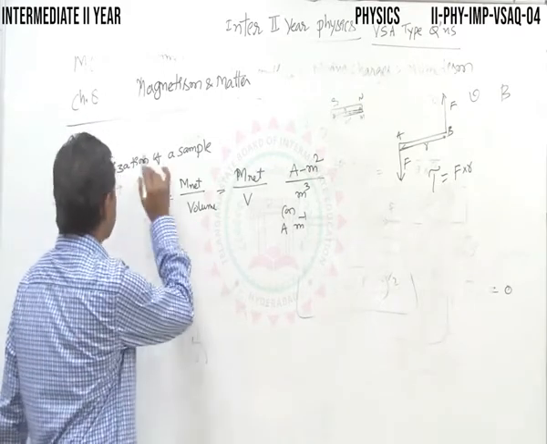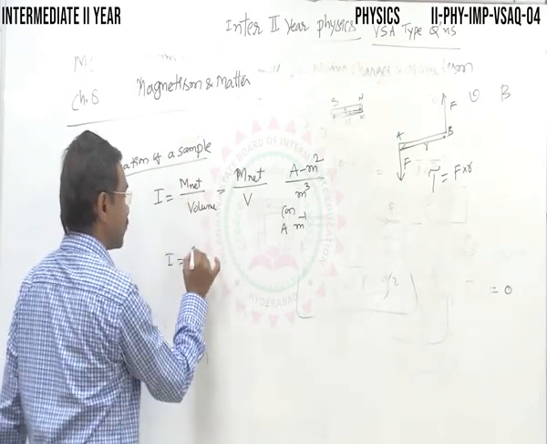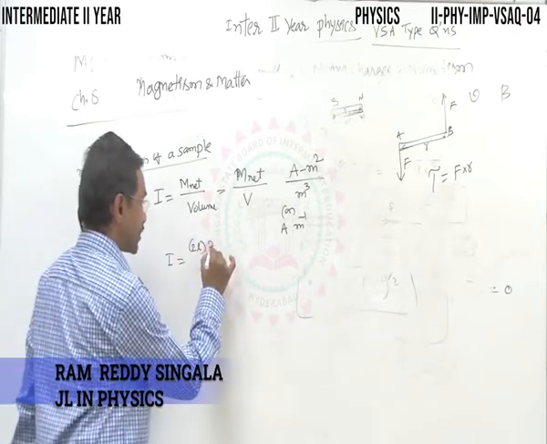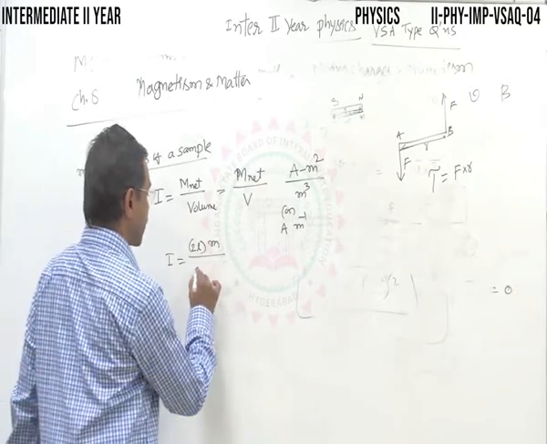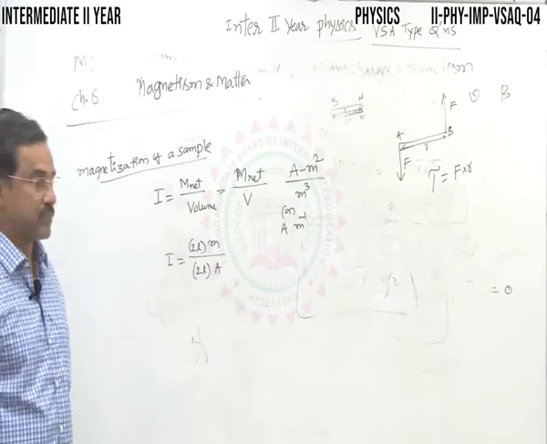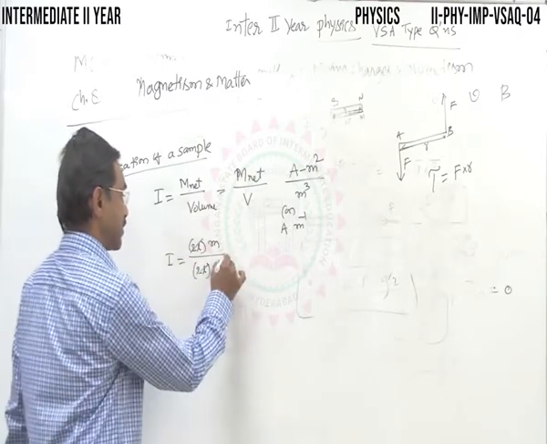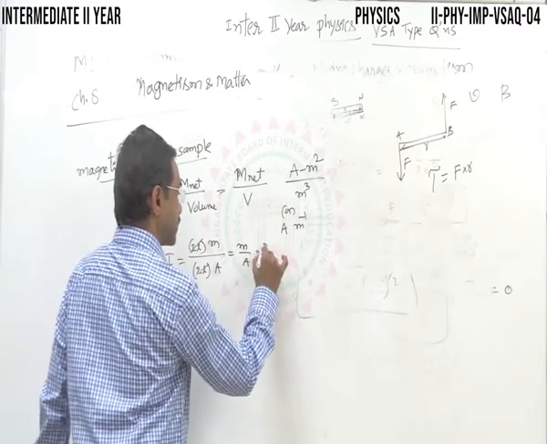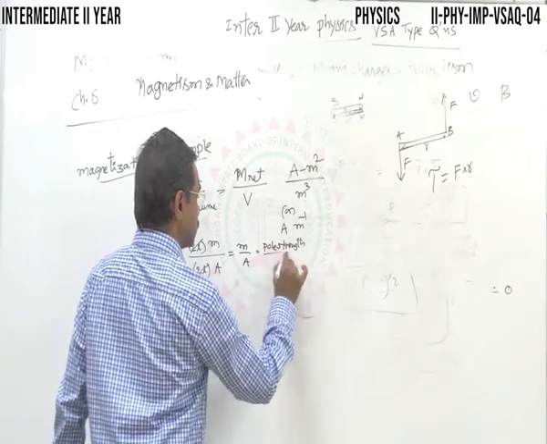If anybody wants, you can define this magnetization of the sample in terms of the pole strength as well. Magnetic moment is always defined as the length of the magnet times the pole strength, where small m represents pole strength. Divided by volume, we can write 2L into A, the length into the cross-sectional area, where 2L is the length of the magnet. So the pole strength per unit area is defined as the pole strength by area. Anybody who wants can define it this way.